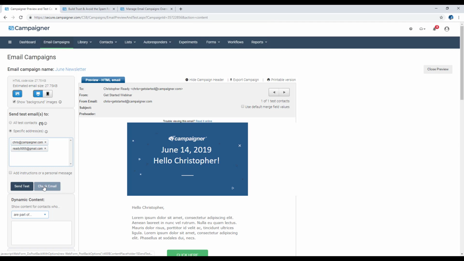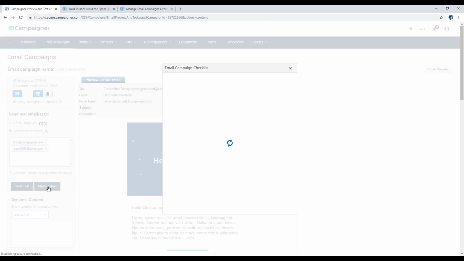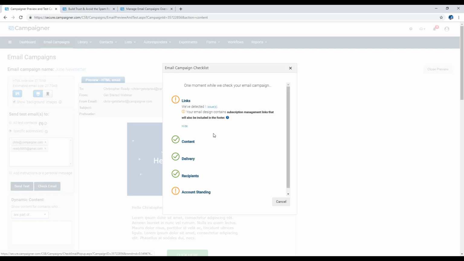We also have a check email feature here. So if I hit check email, this just has a quick look at whether there's anything obvious in the campaign as well as your account that could prevent you from sending an email campaign. This does not say that because you have this, we're not going to send the email. This is just letting me know that